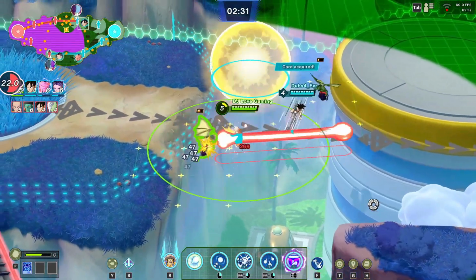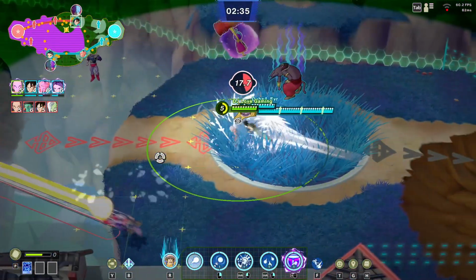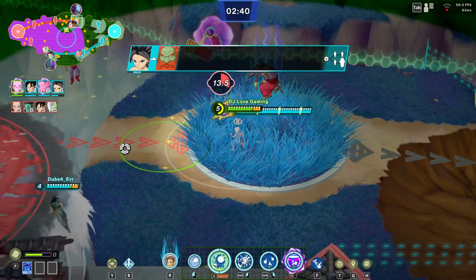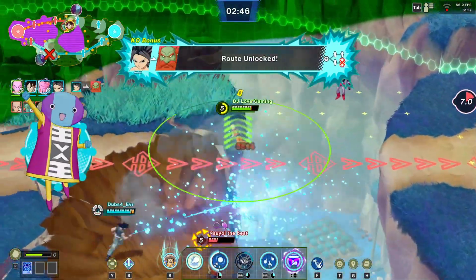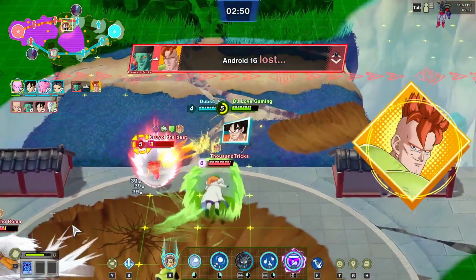So again, we're moving in, noticing that the map, again, Zeno is attacking our God of Destruction, so we don't actually get any healing, and the opponents can come and try to kill our God of Destruction. So we're attacking him to make sure he can't get our God of Destruction, taking his health down pretty low,